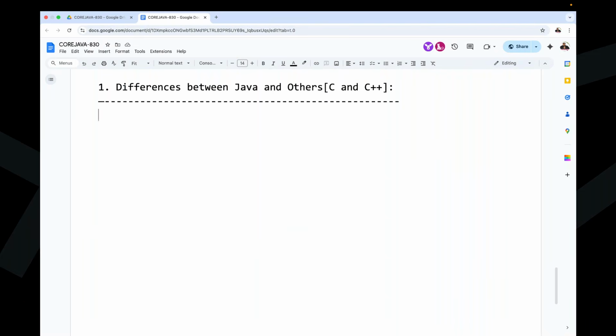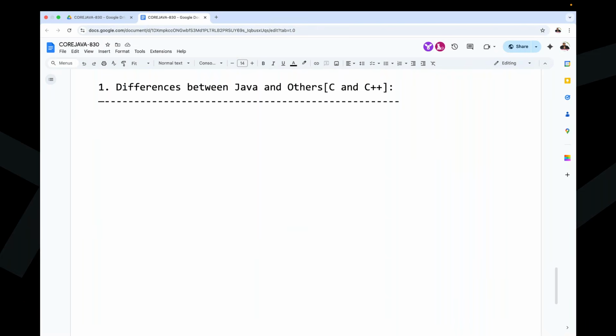is like this: Can you tell me the differences between C, C++, and Java? Can you tell me the reasons why Java is very good when compared with C and C++? How can you say that Java is different from C and C++ programming languages? So this type of questions we are able to get. Right, sir?